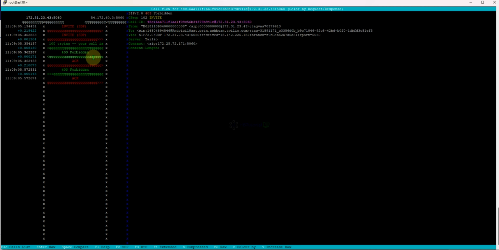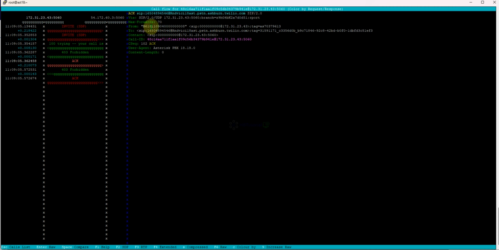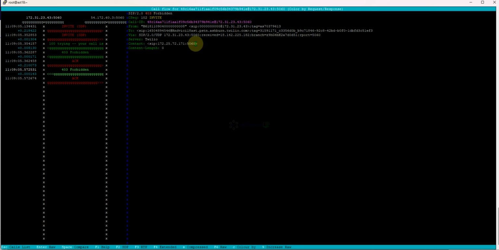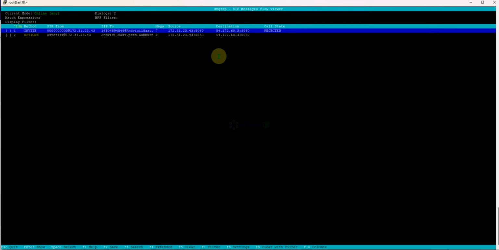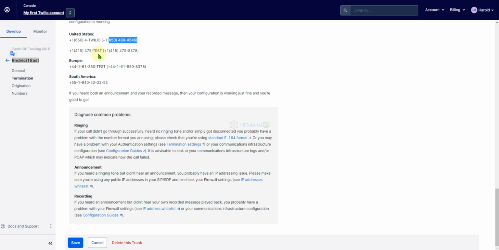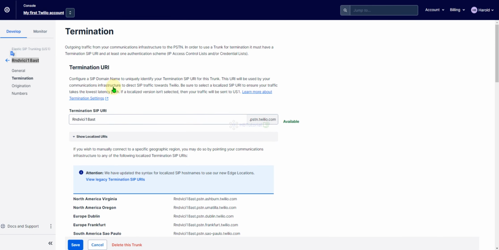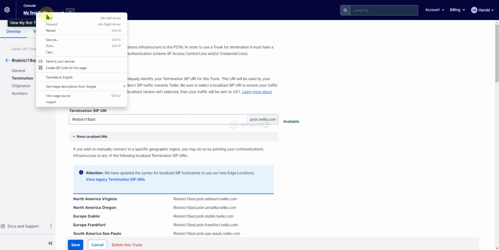Forbidden. So, okay, because we don't have a caller ID. Now we will add our caller ID. So our caller ID, so we will use our